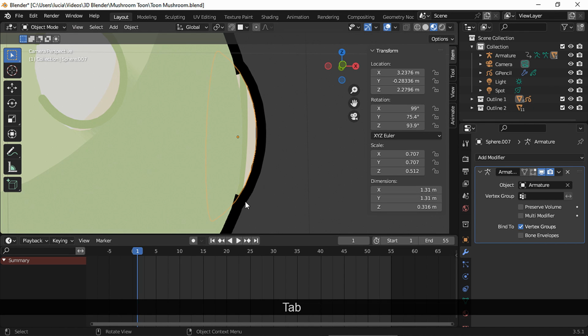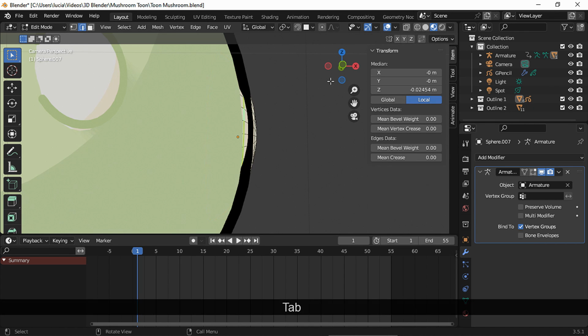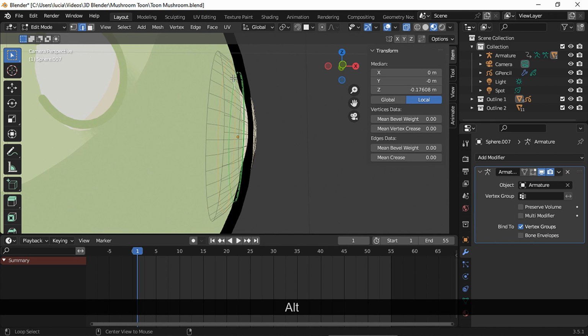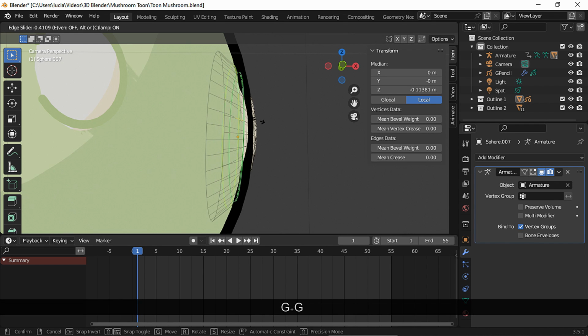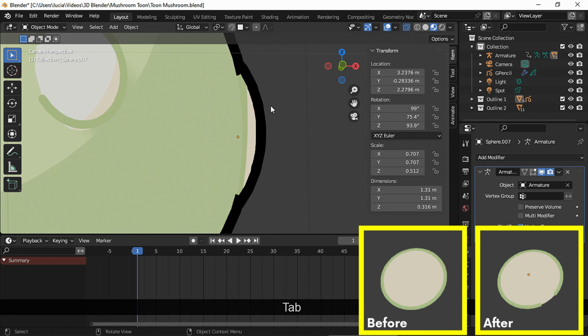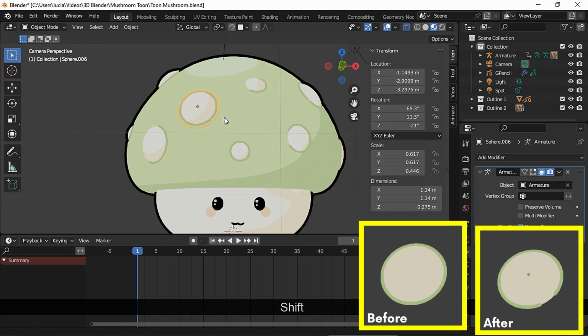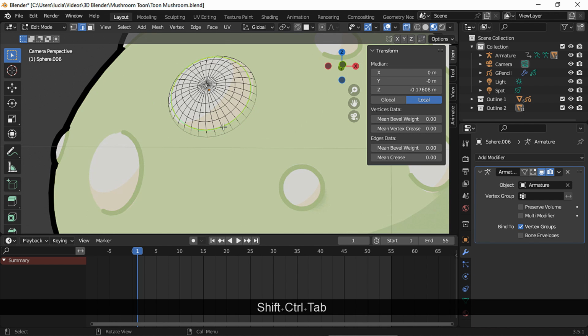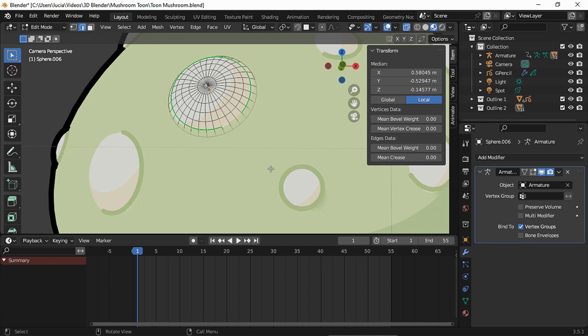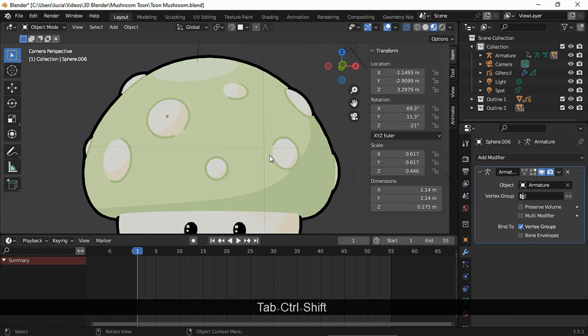As you can see, this outline here looks bad, so to fix it, go back to edit mode, select the edge loop that is next to the one we just marked, mark freestyle edge, and press double Shift to slide this edge loop closer to the other one. Another thing we could do is break the outline of some of the circles. To do it, go to edit mode, select some edges that are already marked, and press clear freestyle edge. And back to object mode, here it is.